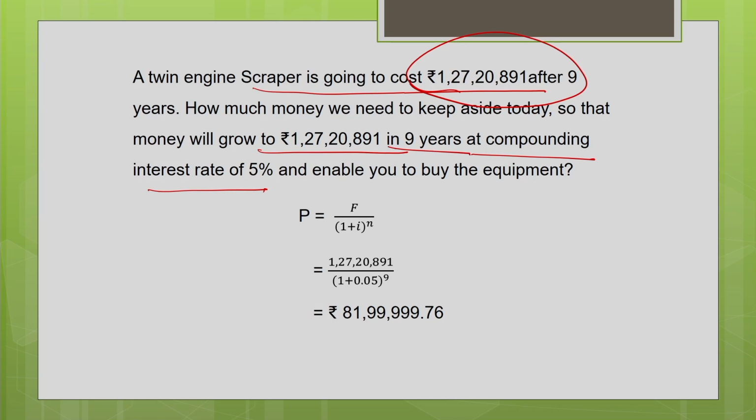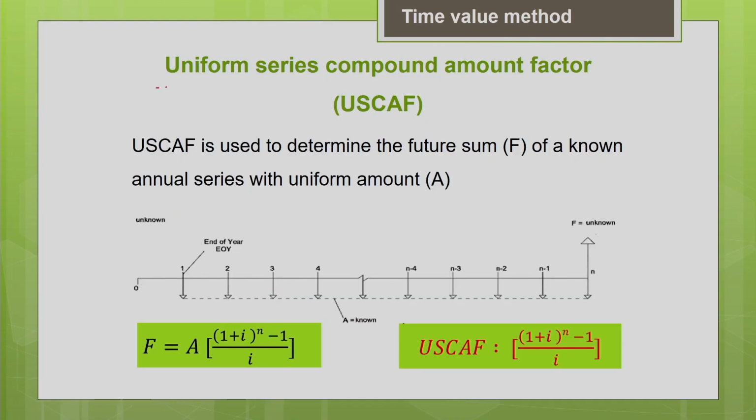Let us see the next important compounding amount factor. It is the uniform series compound amount factor. Basically, in most companies the cash flows, payments or receipts, occur in series. Say for example, if you are buying an equipment through a loan, you do the loan repayment, and that will be in series. Similarly, your receipts or revenue, you will be receiving in series over a period of time.